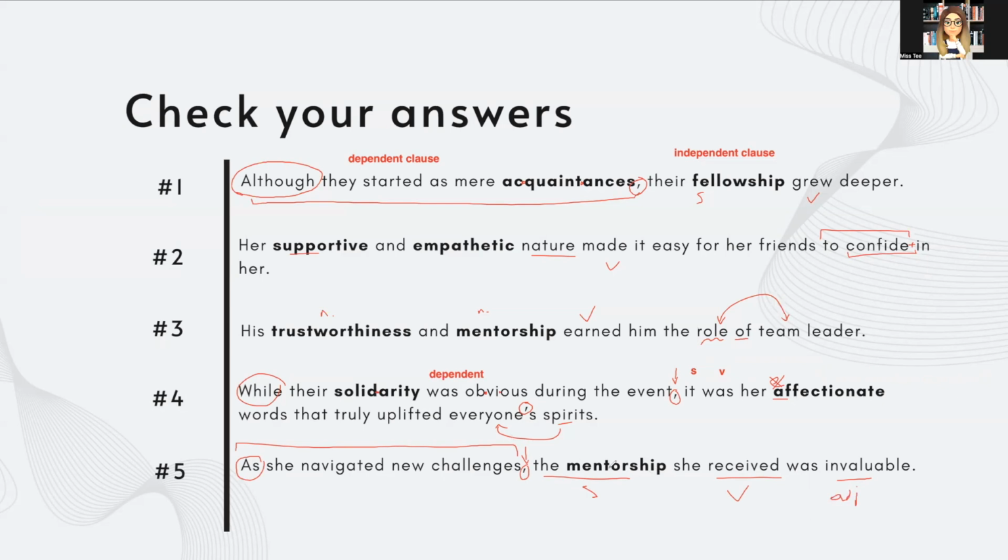Because we're starting with the SV structure right in the middle of the sentence, before this S starts, the subject is mentioned, we should probably put a comma to split it up. And this part actually makes sense perfectly by itself. The mentorship she received was invaluable. That makes perfect sense if it was a sentence on its own. So we know that that can be independent because we have a dependent clause first and the independent clause comes second. That's why we need a comma to separate them. If it was the other way around, we would not need a comma anymore.